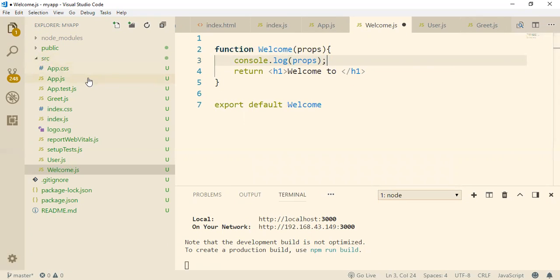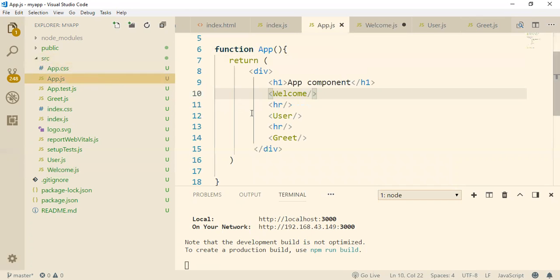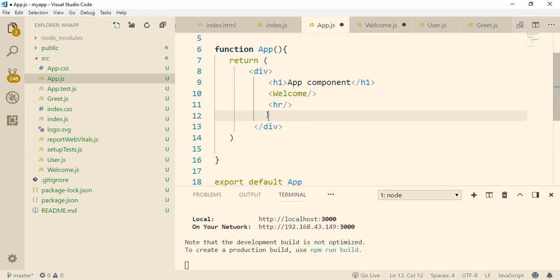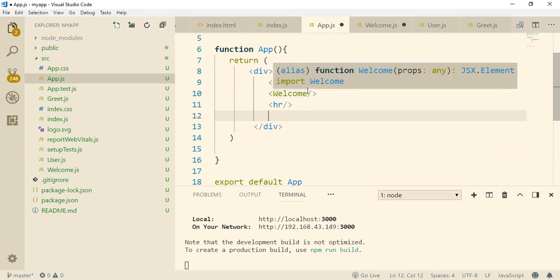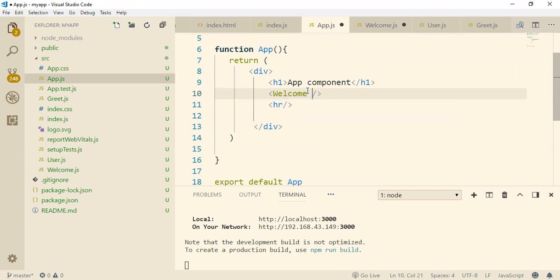Now open the App component. In the App component, here we are populating the Welcome component. Now we are removing the remaining components, the User component and the Greet component. So when we are populating the Welcome component, we want to pass some information. Here we pass the information with name as the key, and now we are passing the value John.